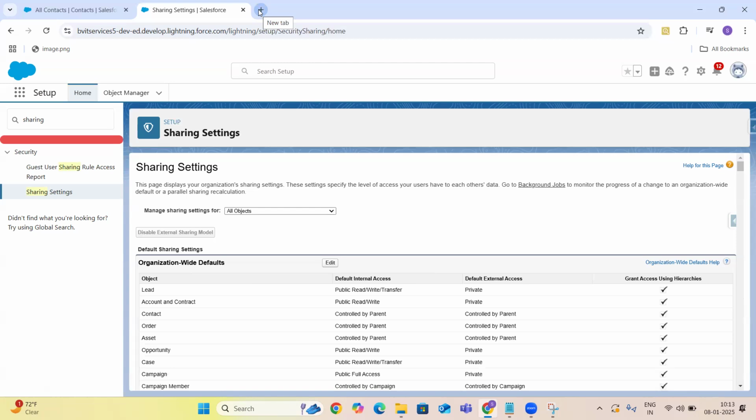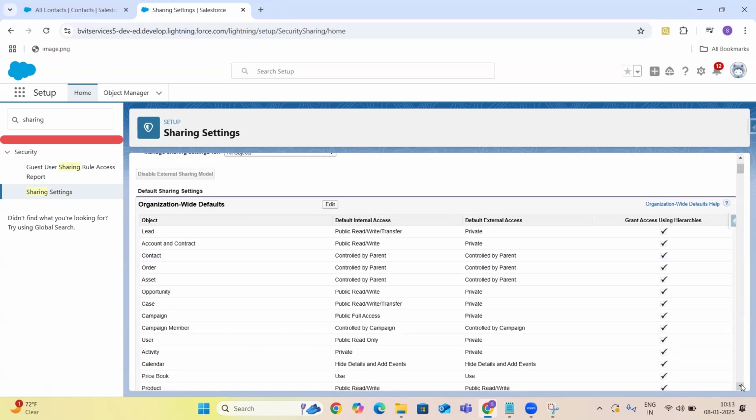Right now, I just selected all objects, guys, because I would like to explain what are the different types of sharing we have. As part of the sharing settings, the major thing we are going to learn is about the org-wide defaults. They call it OWD also, guys.